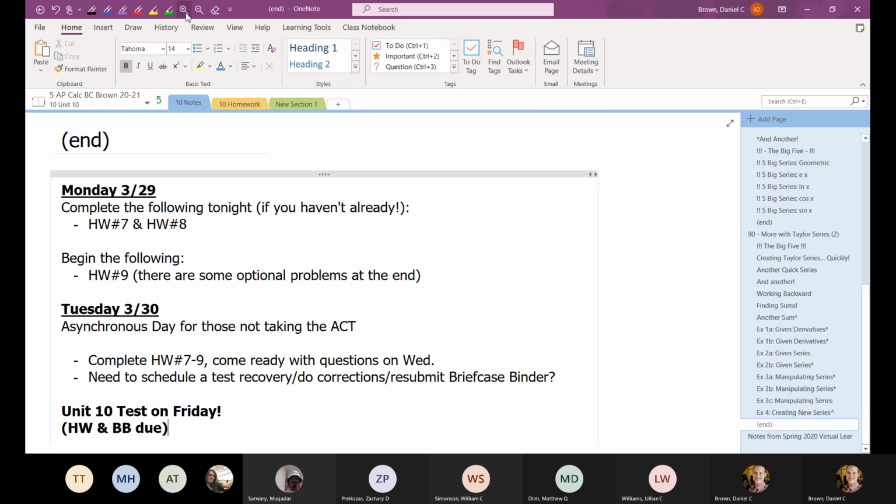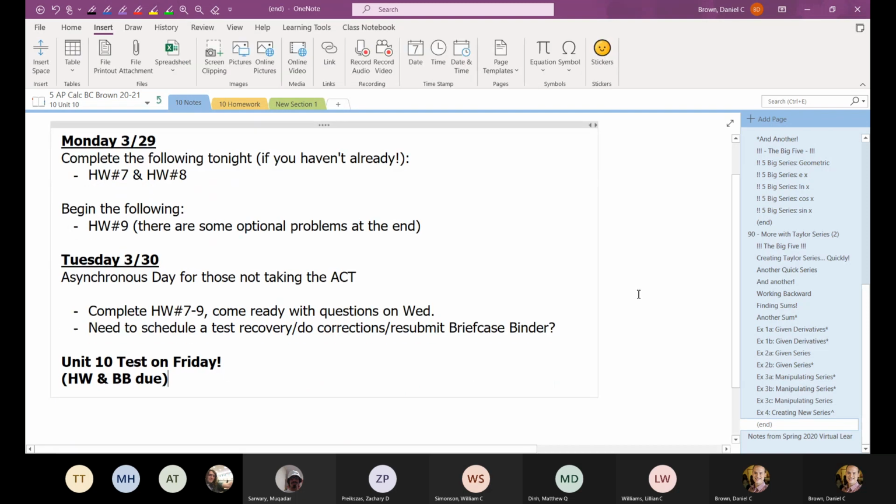Tomorrow is an asynchronous day. A lot of the juniors will be taking the ACT. If you're not taking the ACT, you're at home. I'm not assigning anything new, but just telling you to continue working on this homework. The Unit 10 test is on Friday. Basically what we do on Friday is all of homeworks 1 through 9 and the briefcase binder. There is a lot in this unit, I don't want to downplay that fact. There is a lot this unit, everything from the series that we've done to these Taylor series, Maclaurin series, and